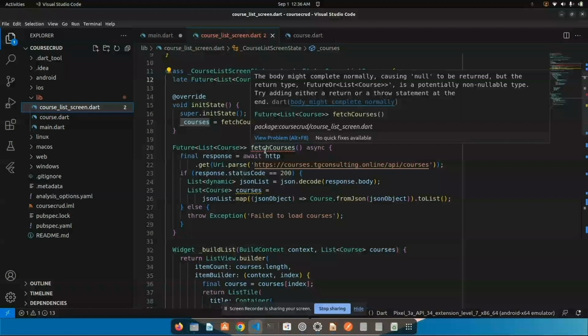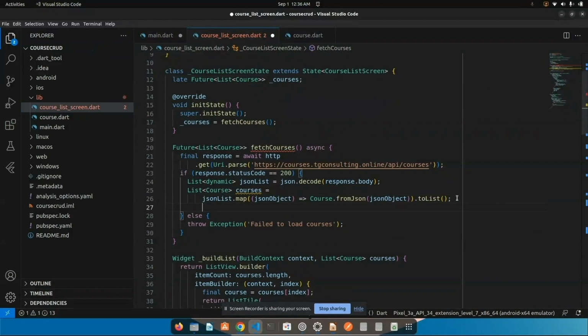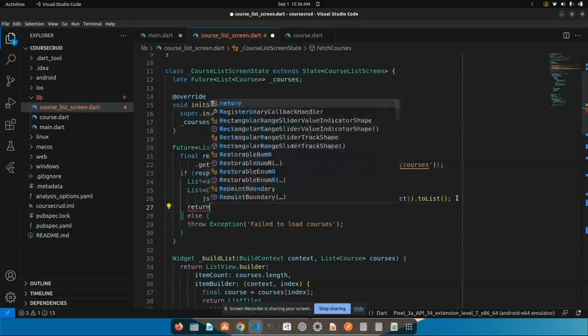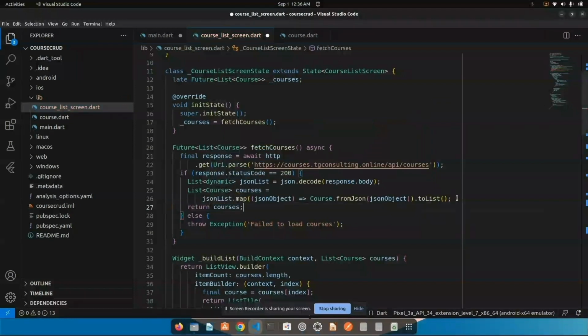And then oh, so the mistake is here. I'm not returning the list. I have to return the list. Now the error has disappeared